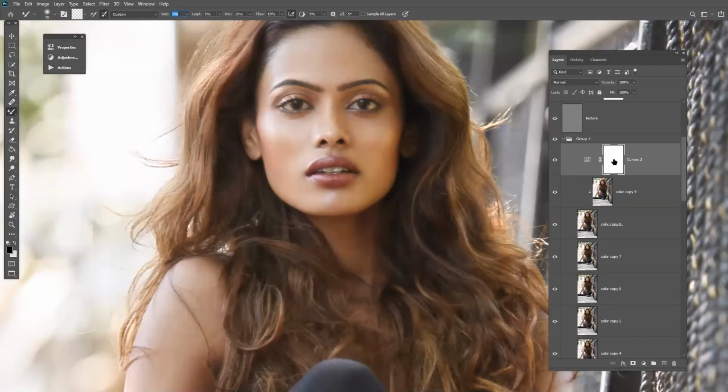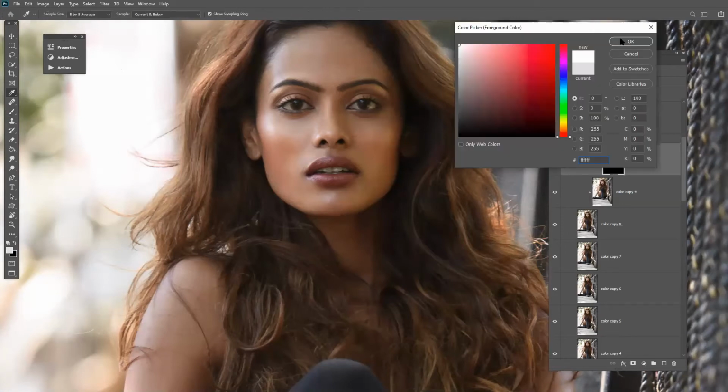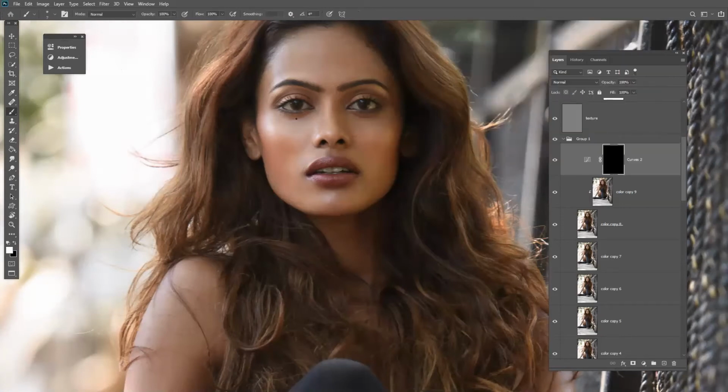Okay, we mask it out. Now you have to understand which portions you want to dodge. Suppose first I want to dodge this area. So let's take a regular brush, and very small, around 0.1, 0.2. A single small line will also work fine.